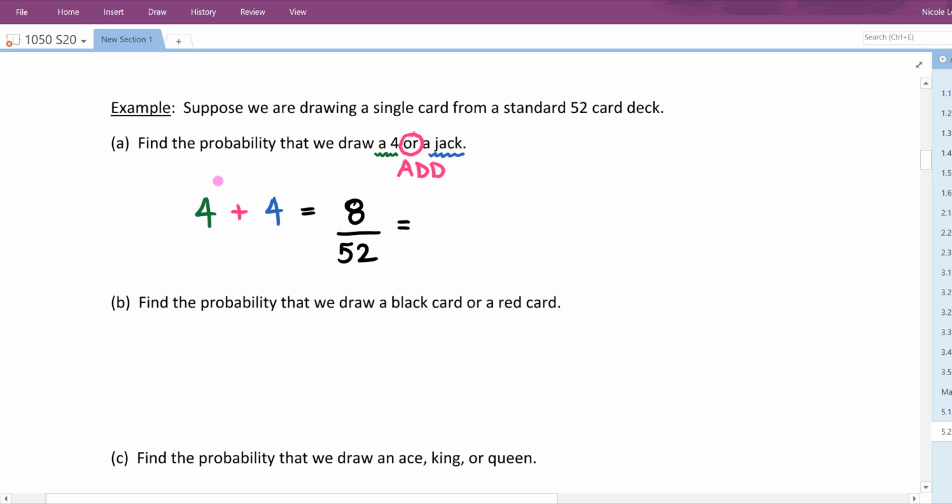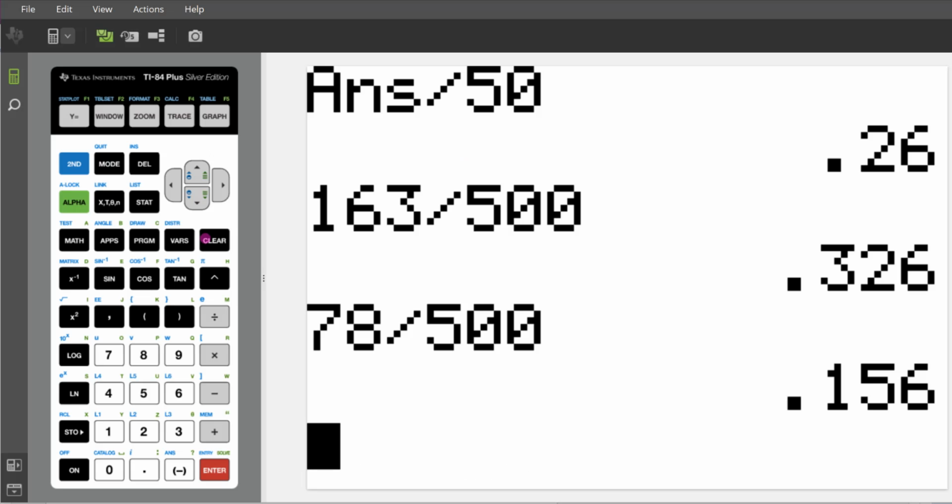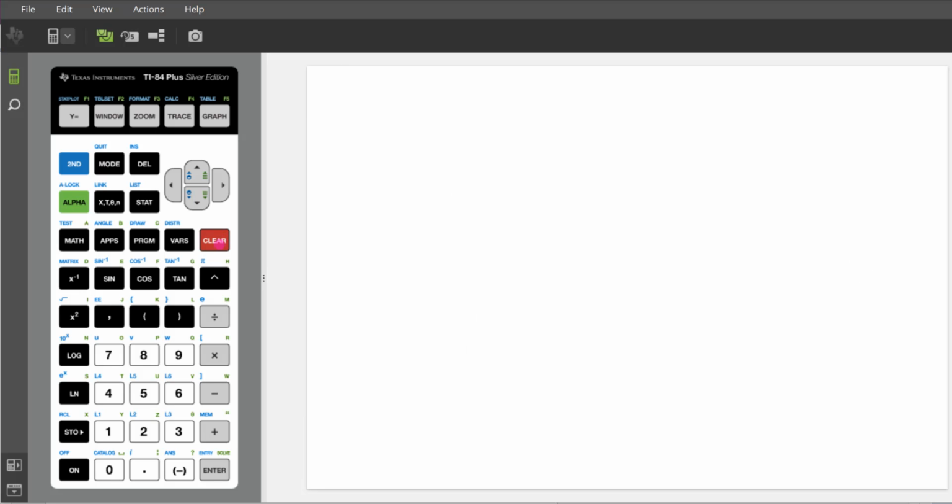Okay, so then let's go ahead, type this into the calculator to see what we'll get as our decimal answer. So again, I do want to see work like what I'm showing here on your homework. I don't just want to see the final answer. Okay, so let me clear out all of this from before. Okay, and then just typing in 8 divided by 52